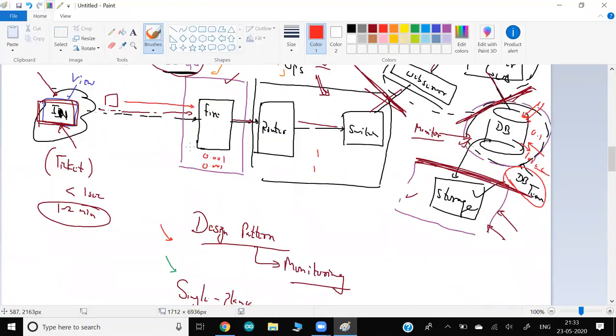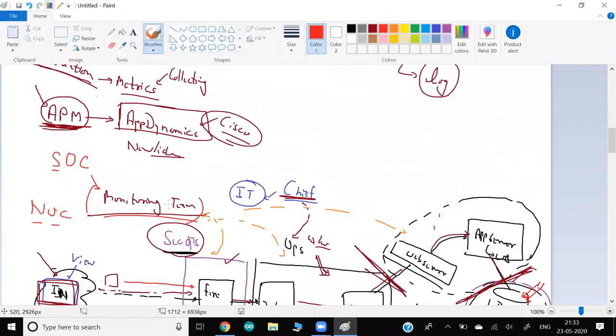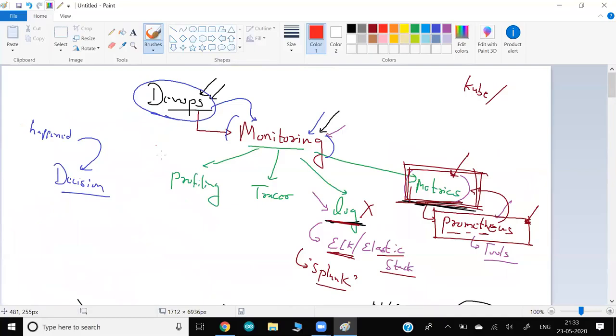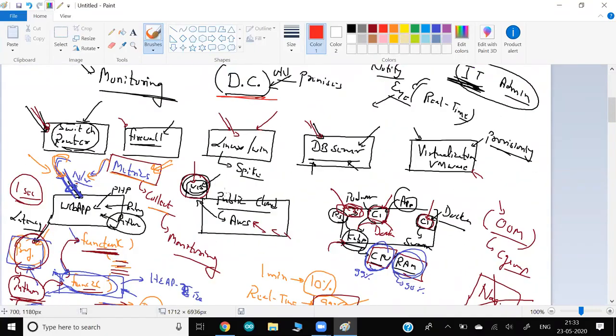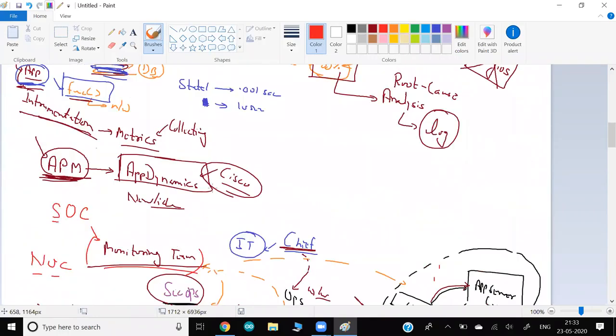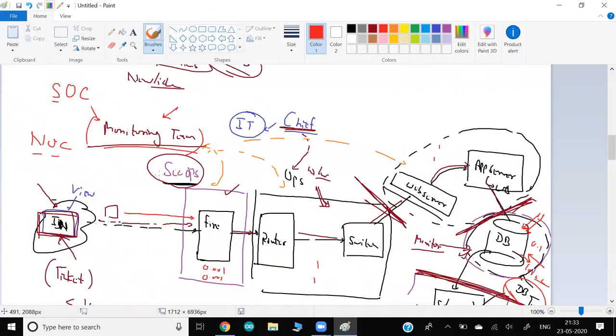One good design pattern is to always create one single pane of glass where the entire data center I was talking about is visible. Maybe your application is running in the cloud, or Docker, Kubernetes, anywhere, whatever you are using, we can monitor everything. Then taking decisions will be much faster. We can check much faster, and we can ask them, and they will do whatever update is needed.